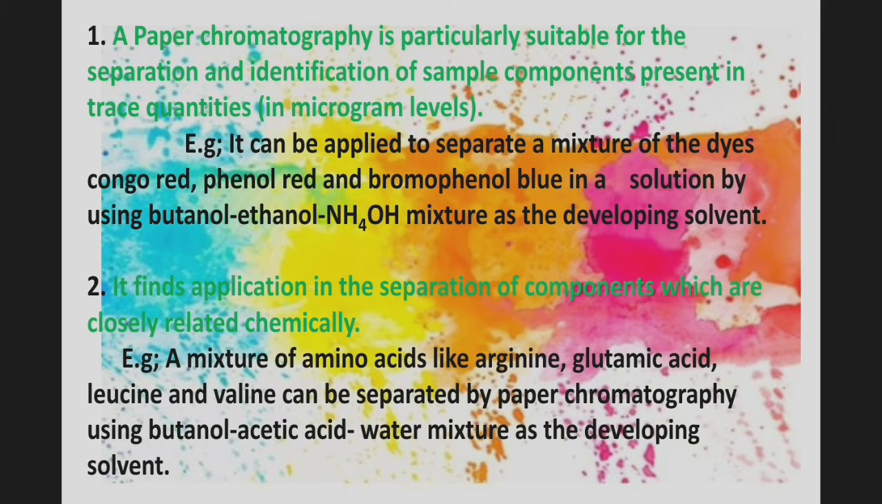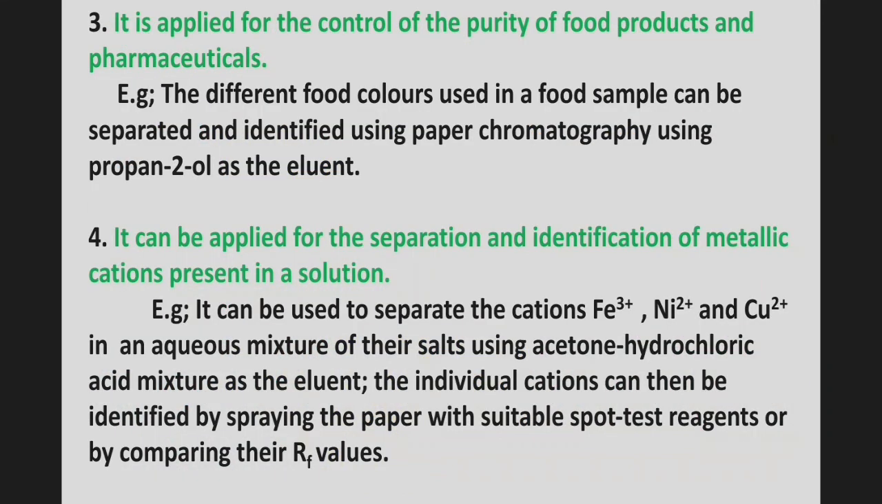Then the second application: it finds application in the separation of components which are closely related chemically. For example, a mixture of amino acids like arginine, glutamic acid, leucine, and valine can be separated by paper chromatography using a butanol, acetic acid, water mixture as a developing solvent. Then the third application: it is applied for the control of purity of food products and pharmaceuticals. For example, the different food colors used in a food sample can be separated and identified using paper chromatography using